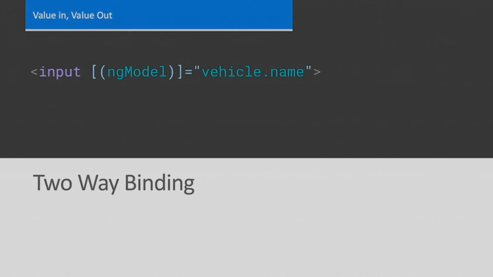Two-way data binding. We say, all right, we put the parentheses there, and then we put the square brackets around it. The reason I like calling it a football in a box, too, is because when I first started doing this, like the first couple of weeks, I used to put them in the reverse order and wonder why it wasn't working. So it's not a box inside of a football. That doesn't make any sense. It's a football in a box. And that gives you the two-way data binding that you can use to go up and down.